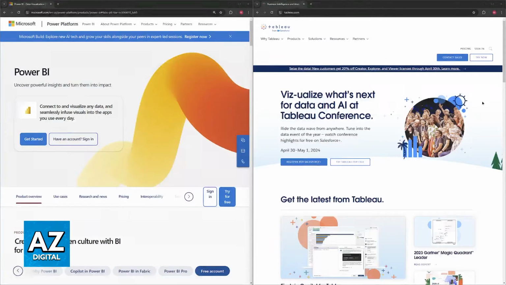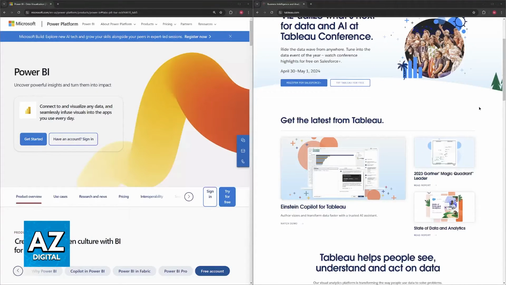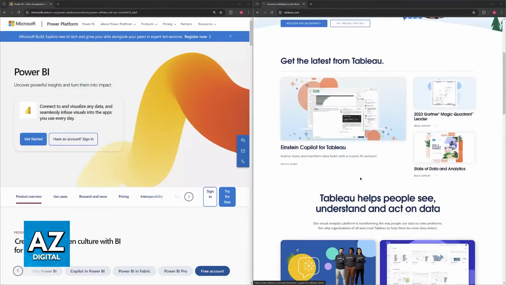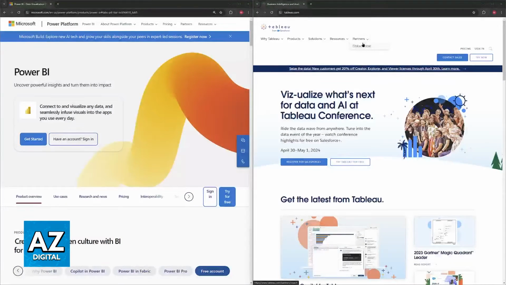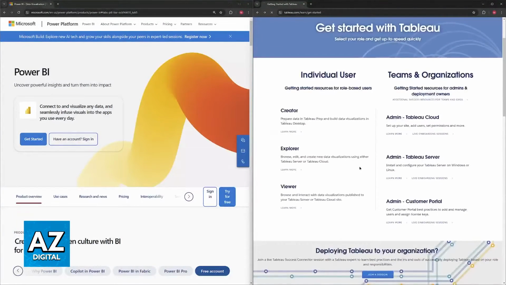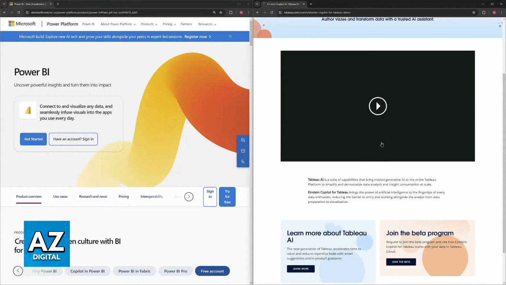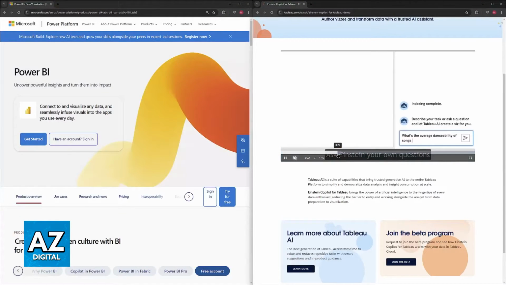So first, for Tableau, the strengths are going to be the advanced visualizations. It offers a wider range of chart types and greater customization options for creating stunning and impactful data visualizations. It has an active community that you can find where they document all of their changes, all of their suggestions, and everything that is going to be implemented into the tool. Plus, you get a lot of support for learning and troubleshooting. And finally, it has cross-platform support between Windows and Mac, offering flexibility for different user preferences.